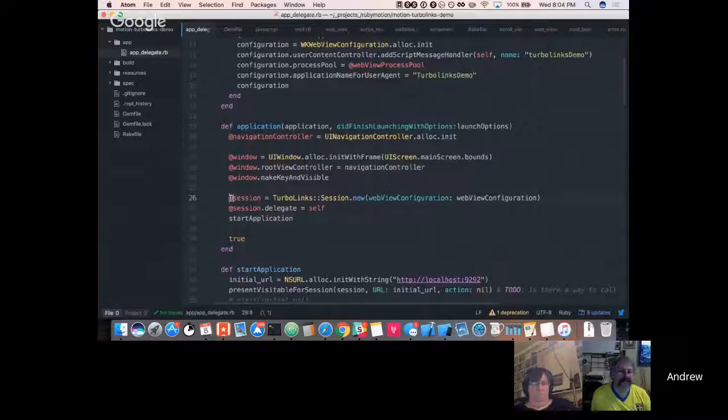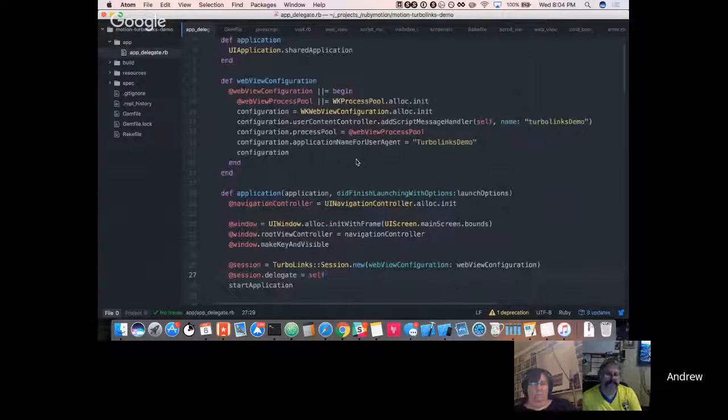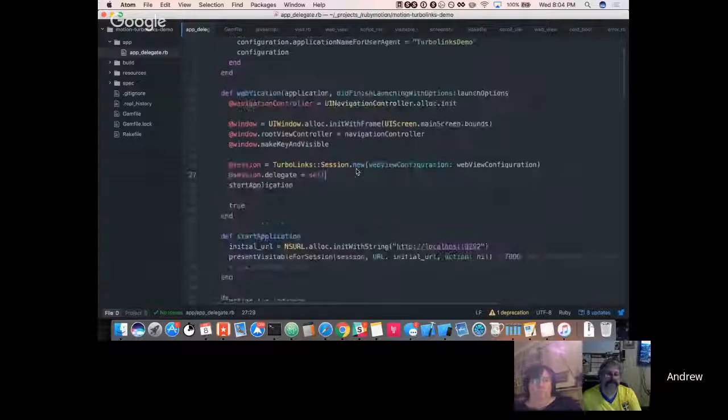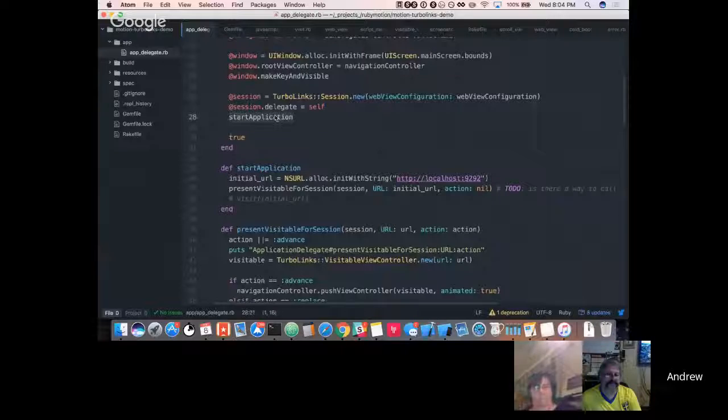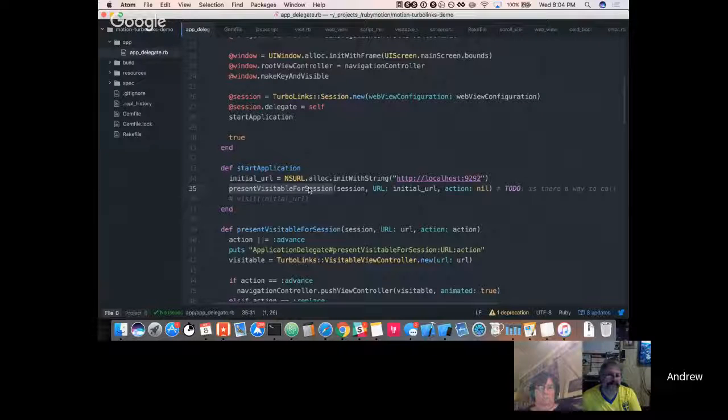So starting this session is the piece of this, and then we call start application after that, which a visitable, which is basically a web view for the session, which is running on